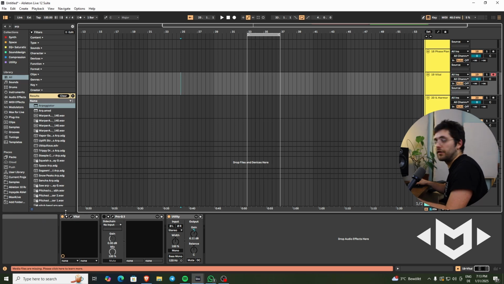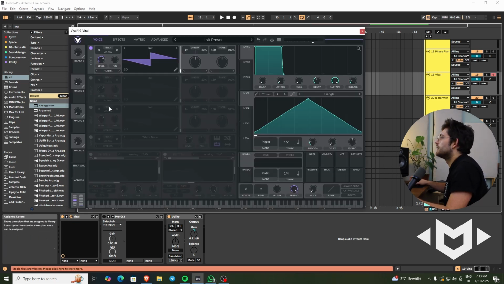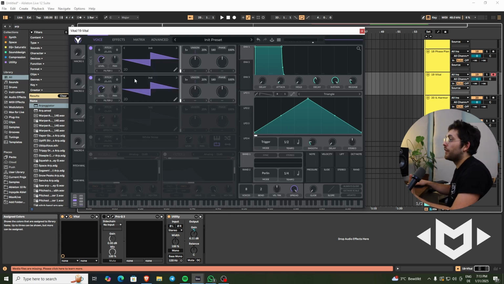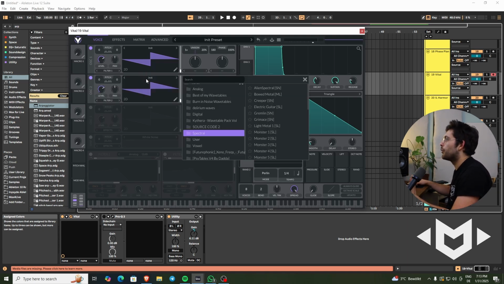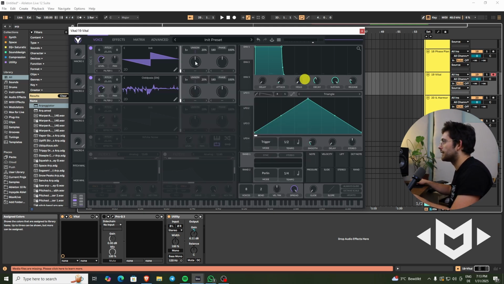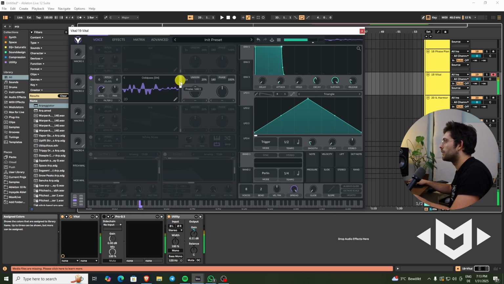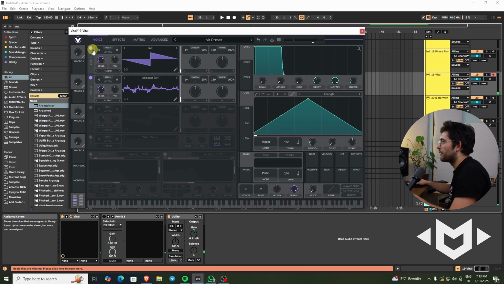So let's get right into it. We start with the init preset of Vital, and we're gonna add another oscillator here and open a wavetable from Serum actually, which is called Odd Pass, and it sounds like this. That's the sound. So we're gonna turn down the level here and